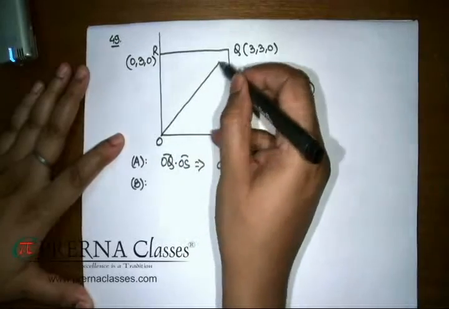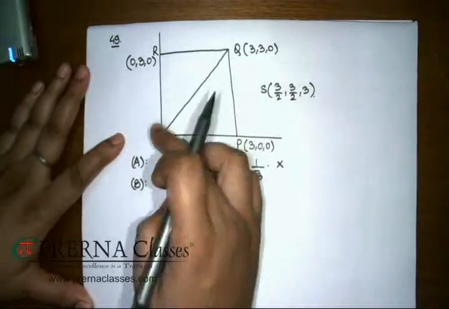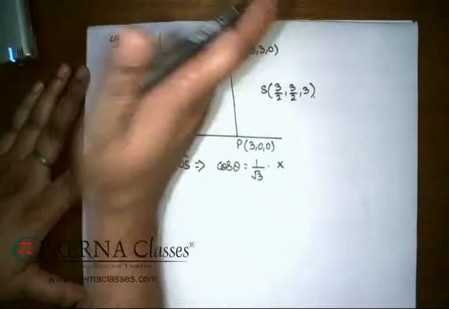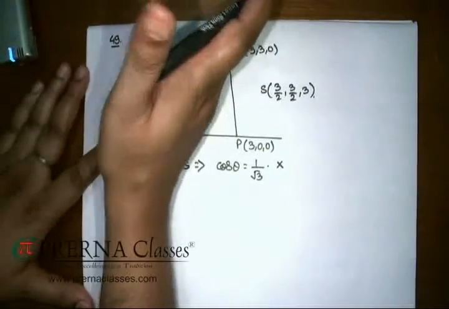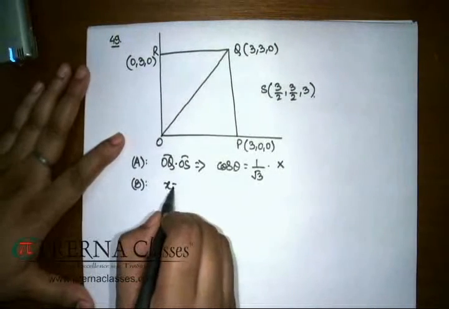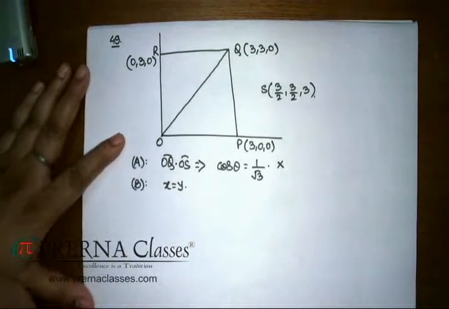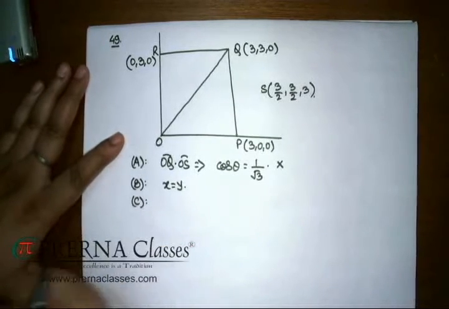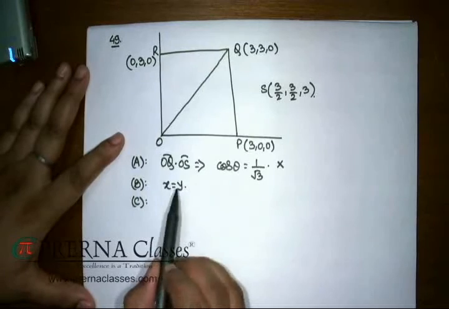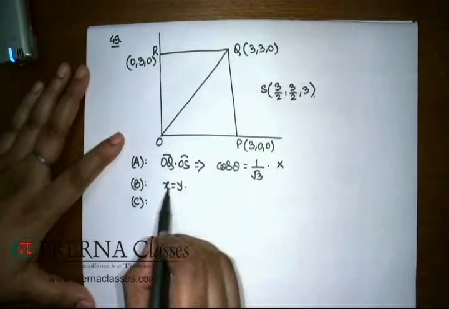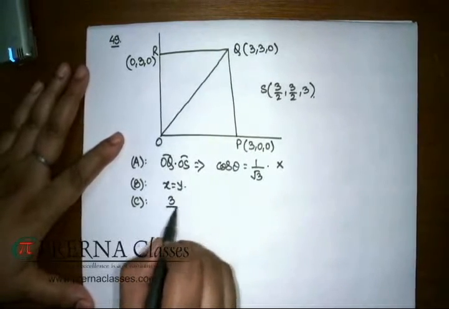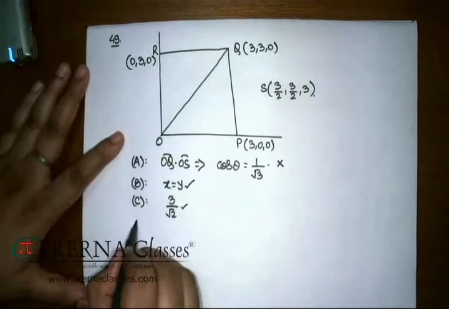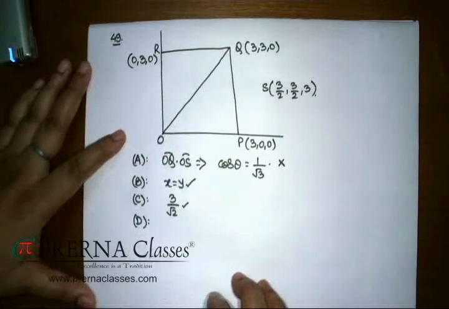In case of option B, you are looking at the plane which contains this triangle OQS. S lies within this. Since this line is y equal to x, you can safely say that the plane is going to be simply perpendicular to it, whose equation is also going to be x equal to y. You should not have any z term in that. In case of option C, you have to figure out the perpendicular length of P, whose coordinate is 3, 0, 0, from this. Clearly you can check that turns out to be 3 by root 2. So these two options are perfectly correct then.